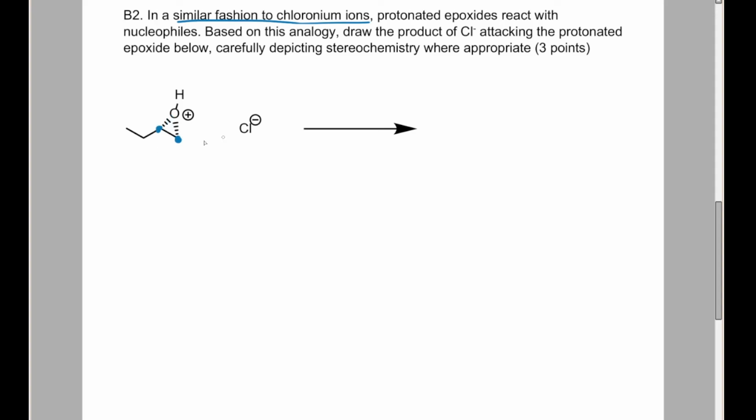And in this case, it's going to want to attack this carbon because this carbon is more substituted and therefore has a greater partial positive charge. So it's going to attack from the other side, and then this bond between the carbon and the oxygen is going to break. We'll have a product that looks like this, with the broken bond pushing the alcohol group to this side, and then we're going to have inverted stereochemistry where the chlorine is going to be wedged rather than dashed,